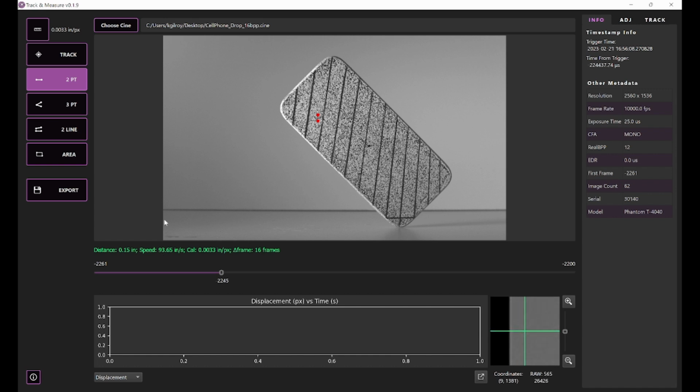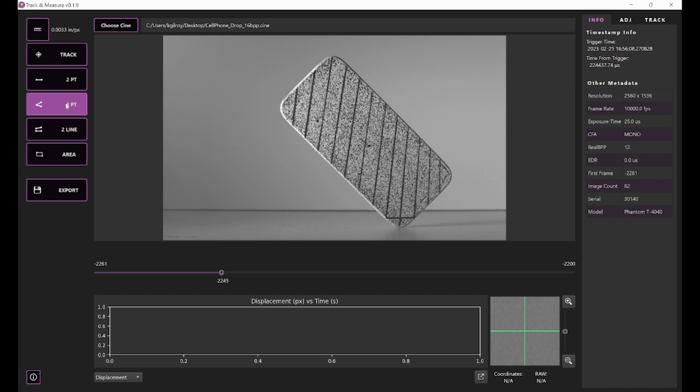All right, a nice quick and dirty measurement. That's really what the 2-point tool is designed to do. The 3-point tool is helpful to get the angle. Now, if I wanted to know what is the angle of impact, assuming that this device is falling in the plane of focus and it is orthogonal to the camera, what I can do is I can go ahead and